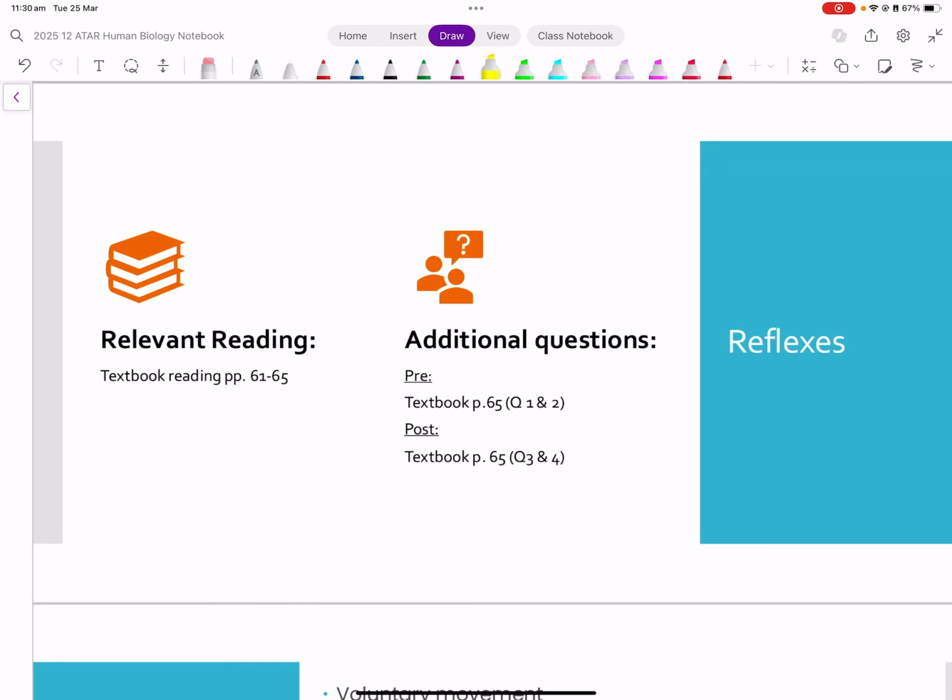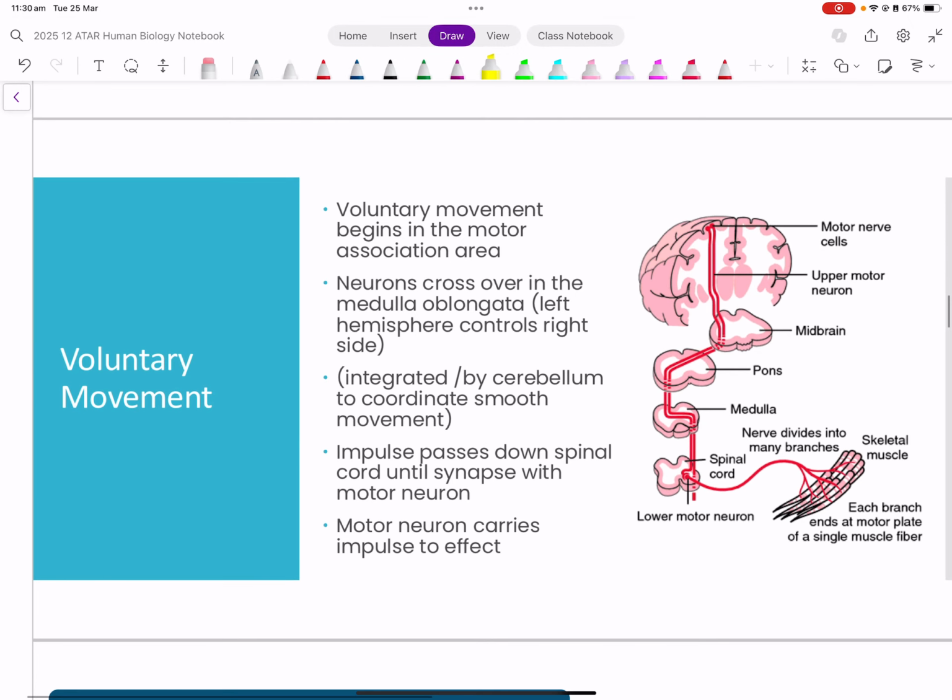In this lesson, we're going to look at reflexes. Before we get into the reflexes themselves, though, we're going to look at how we can voluntarily move our body. So voluntary movement itself begins in the motor association area of the brain, and it then travels down, as we